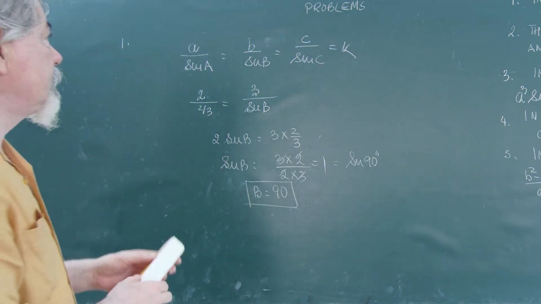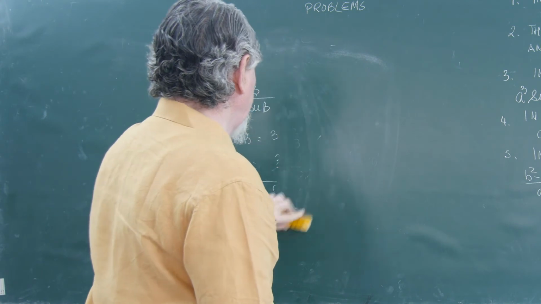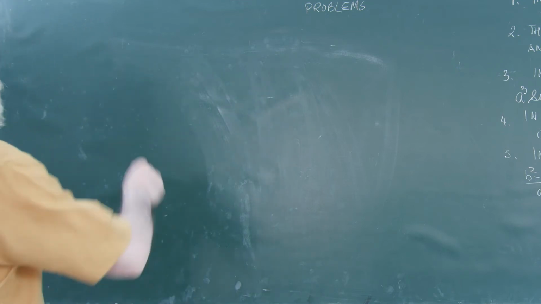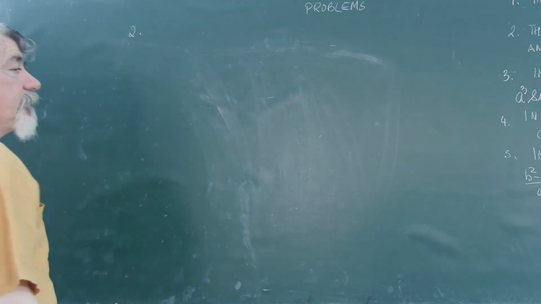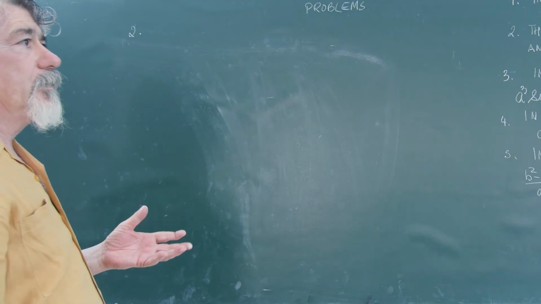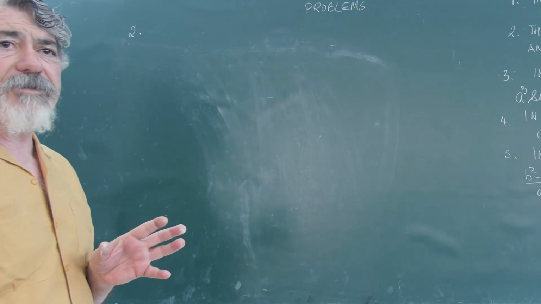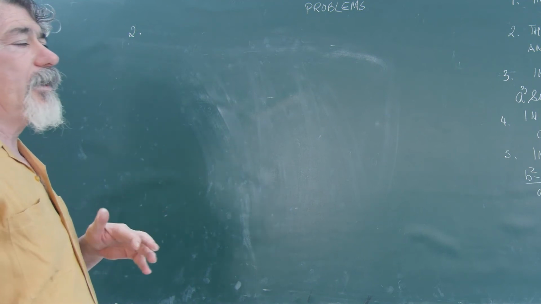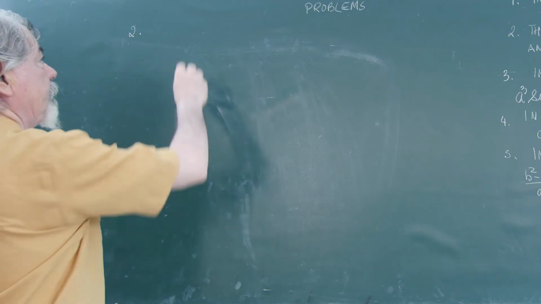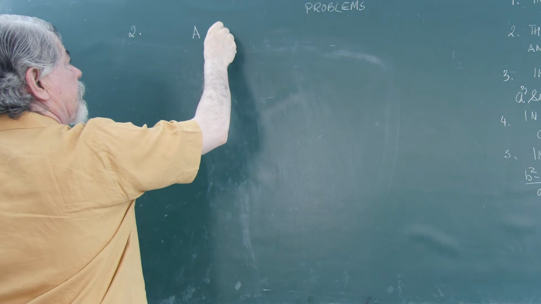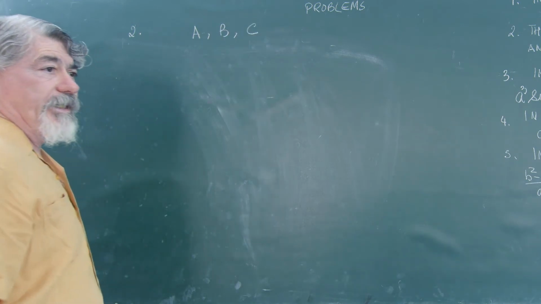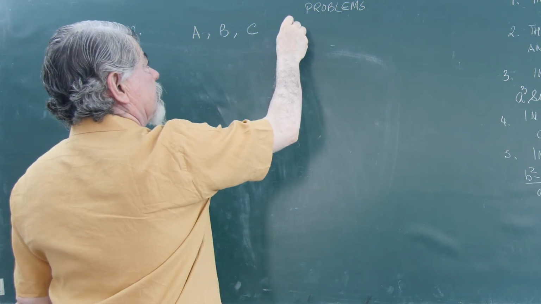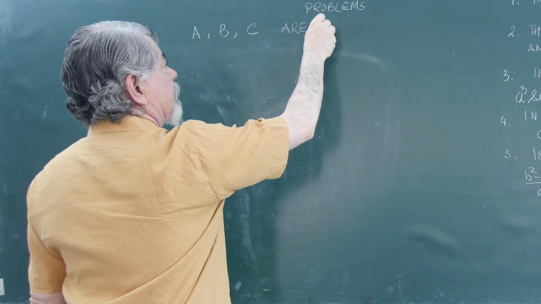Now let us see the second question, in which the angles of a triangle are in AP. You have already read about AP in standard 10th. AP means the difference between any two consecutive terms in the series or sequence is the same. Say A, B and C are the three angles which are in AP. It is given that the angles of the triangle are in AP.